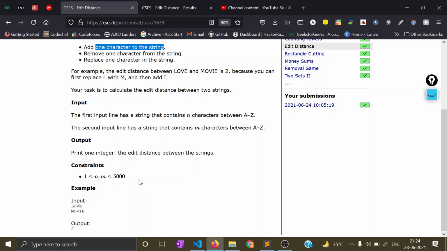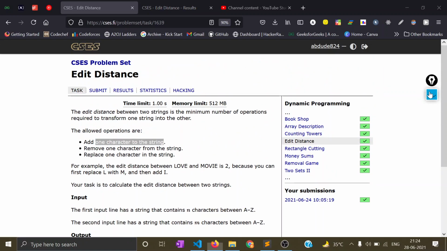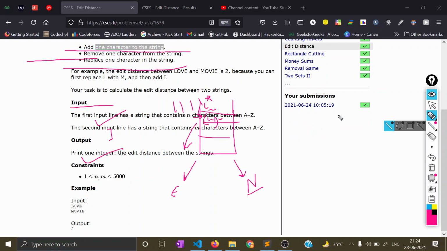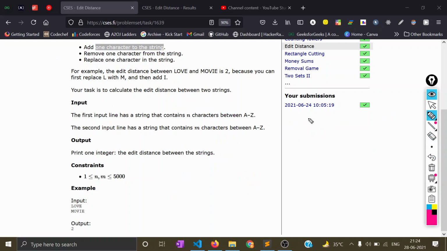So how do we first approach this problem? This is a trivial problem. Let's see how we can approach it. This is one rule of DP: we always break our problem into subproblems. Let's suppose we are at the ith position in one string, and here also we are at the jth position in the other.